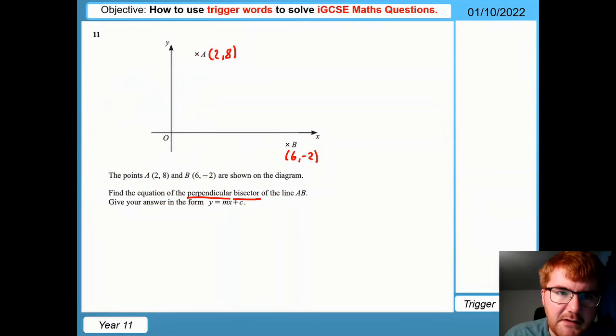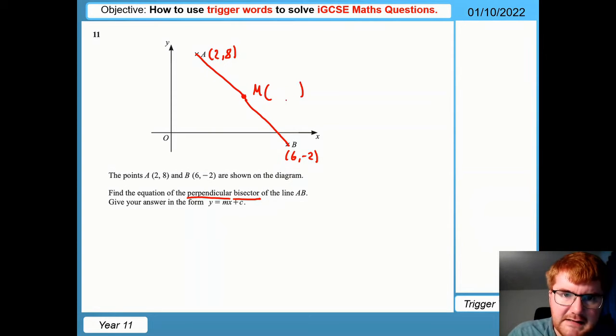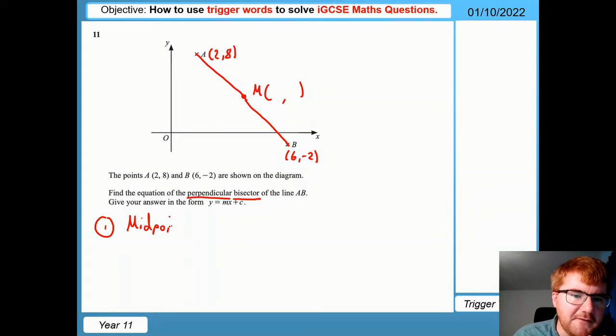So when I connect these up with a straight line, again, you have a ruler at home, so please do use that. I'm going to find the midpoint of this. So that is my step 1. Now, how do I find the midpoint? Well, the way I tend to do this, there is a formula for this, but what I do is